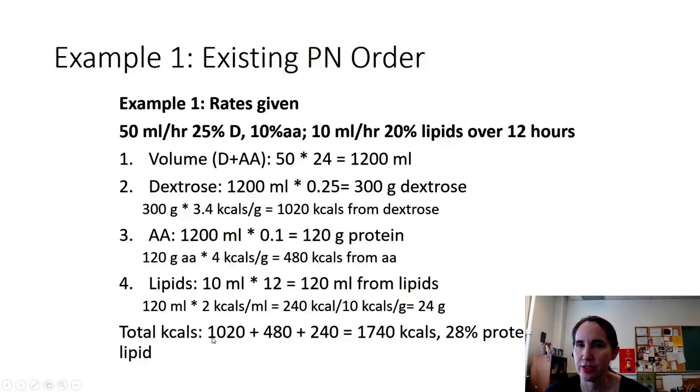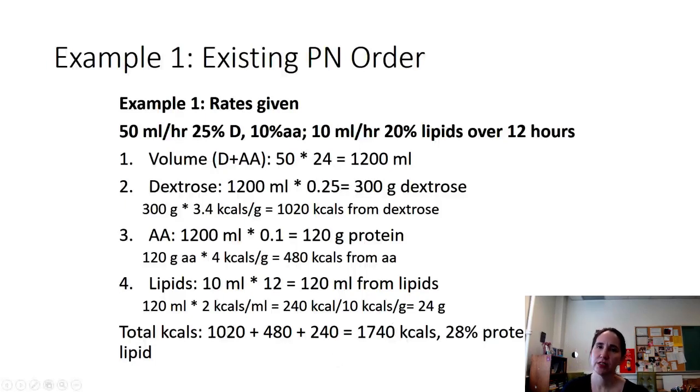To get the total calories, we just add up the calories from each macronutrient. So 1,020 from dextrose, 480 from protein, 240 from lipid, and that gives us 1,740 calories. And then if we want to go ahead and calculate the percent from each macronutrient, we could do that by taking, let's say, 1,020 divided by 1,740, the total, and that gives us about 57% of calories from dextrose. 480 for protein divided by 1,740 gives you 28% protein, and then the 240 divided by 1,740 gives us 15%